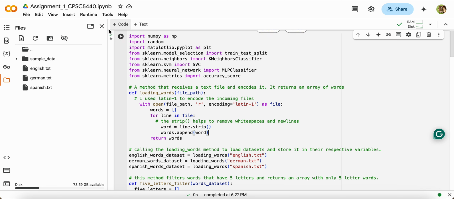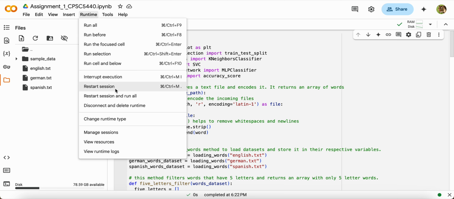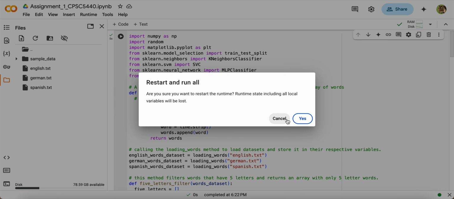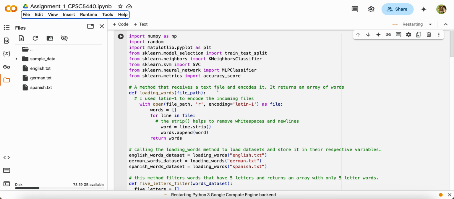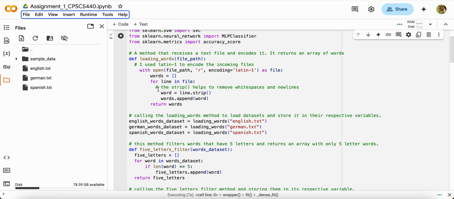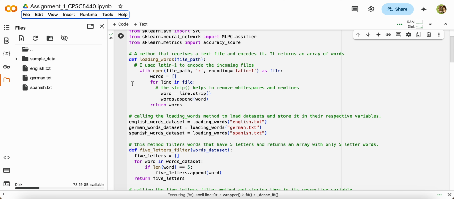So I already ran this, but I'll run it again for this sake. I'm going to refresh it and run it. While that's going, what it's doing right now is running the imports. Because it's really fast, it's because I already ran it before. If it was my first time, it would take a lot longer. So the very first thing is that we have to